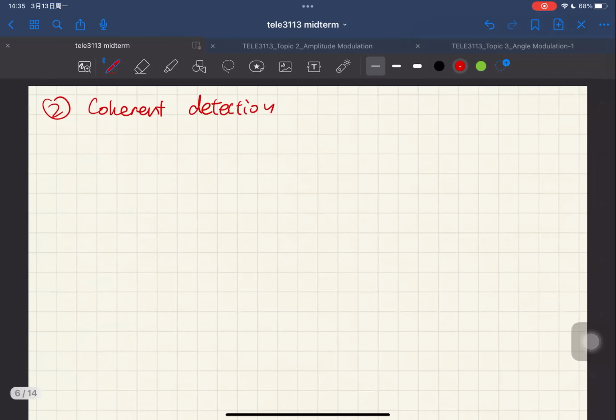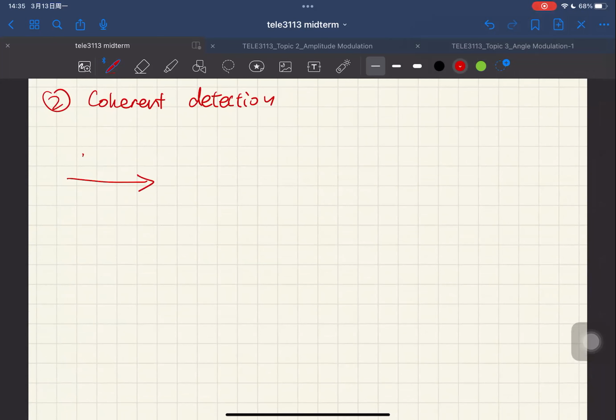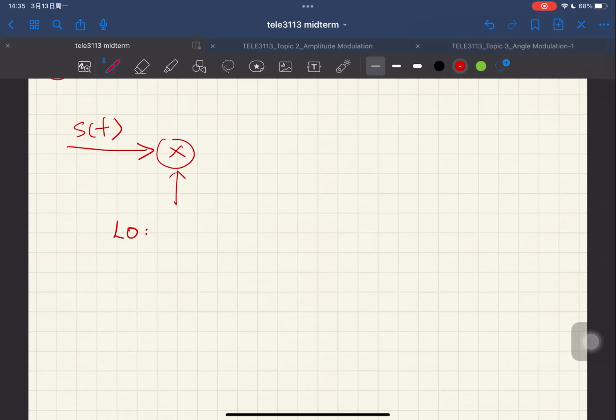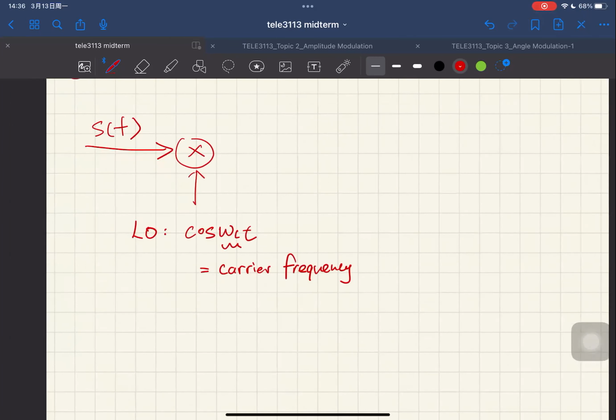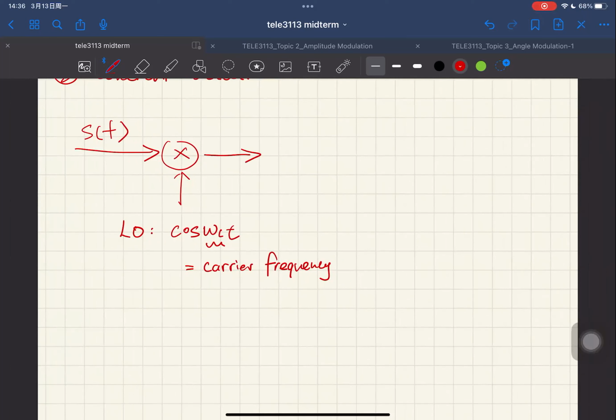So what is coherent detection? Essentially, we are putting our s(t) into a local oscillator, which is going to have a signal called cos omega_c t. This omega_c is essentially equal to your carrier frequency. We want the local oscillator to generate a signal that has the same frequency as your carrier signal, and we will see why. And then we pass it through a low pass filter again,